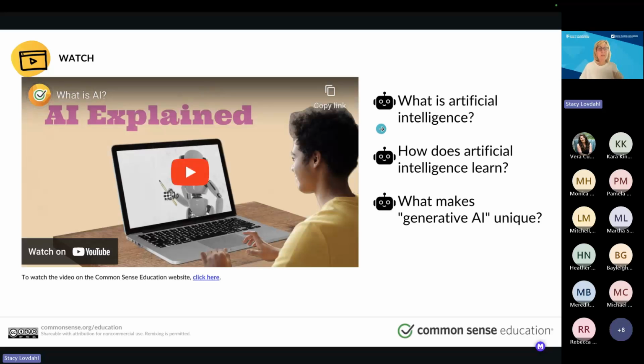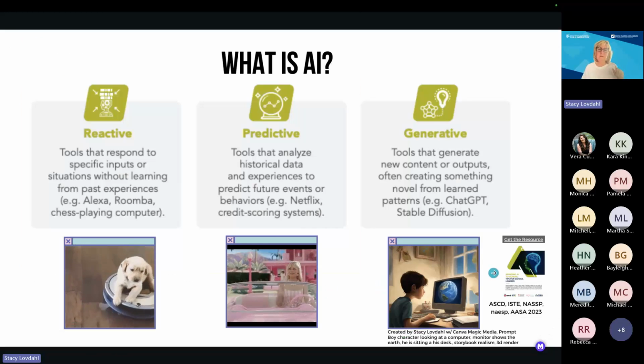And then Common Sense has this cute quick little video. When I first watched this video, I wondered how this is going to go over with actual seniors, because these kids were seniors. But they watched it, and the feedback during the class was actually pretty good. They didn't dismiss it as being too young, because I was a little worried that it felt a bit middle schoolish to me. I'm not going to play it for you here because we might run out of time, but look at it for your age level. In real life, it went pretty well.